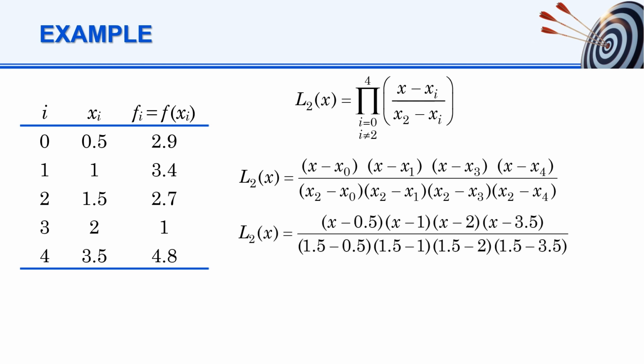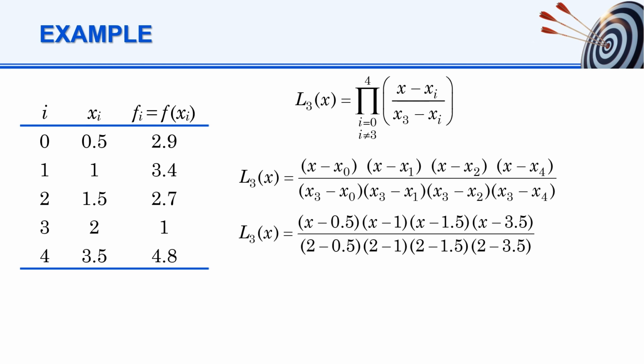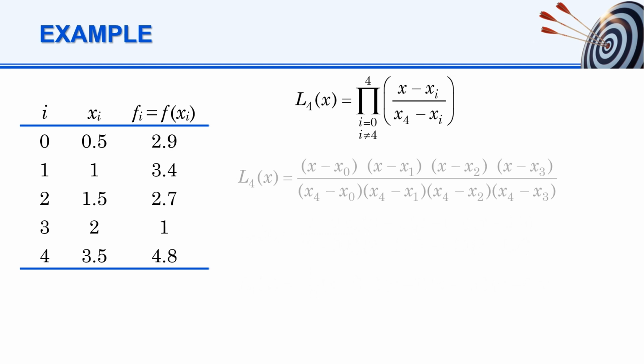Substituting numerical values, we find. In constructing L_3(x), we skip (x minus x_3) over (x_3 minus x_3). Substituting numerical values, we obtain L_3(x) as follows. Finally, we construct L_4(x) in the same manner. We find